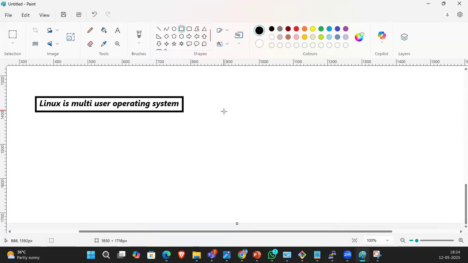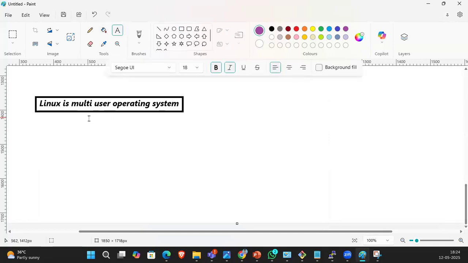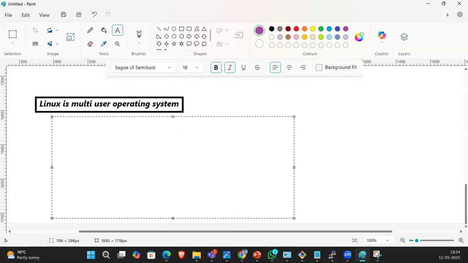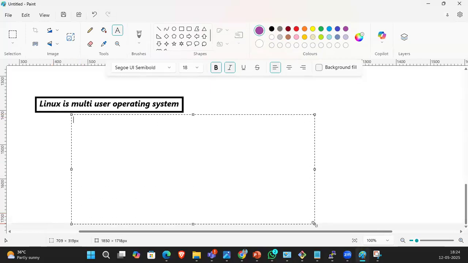So who developed the Linux operating system? Linus Torvalds. Yes, very good.